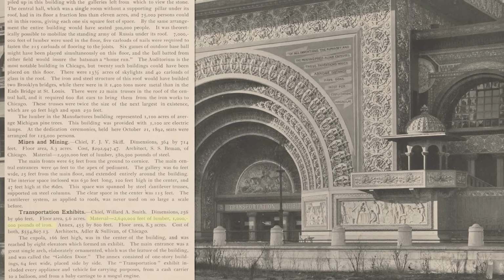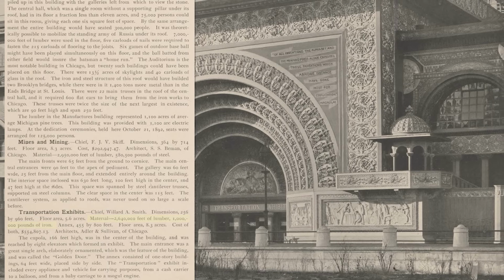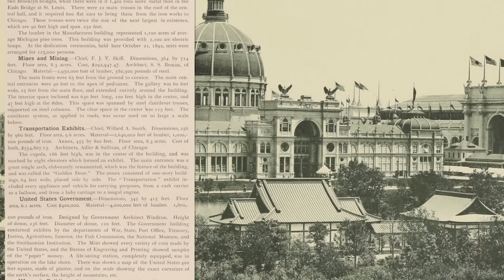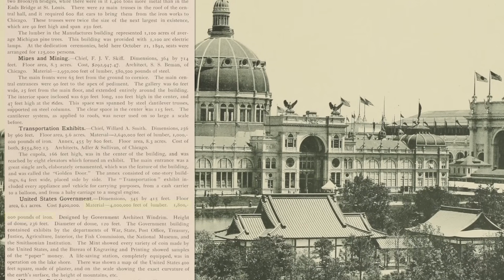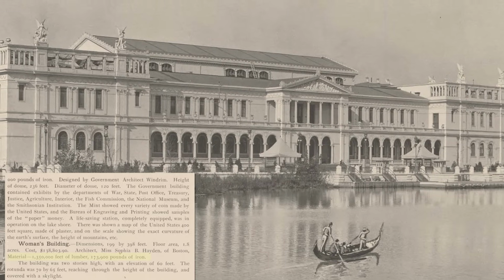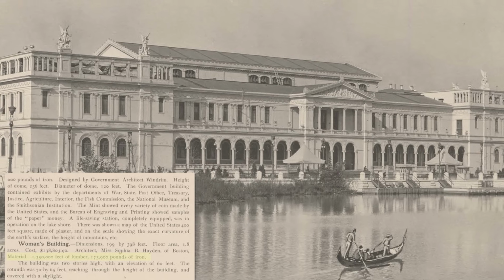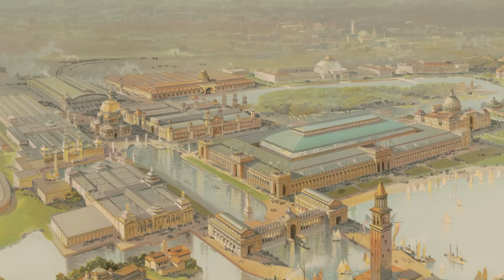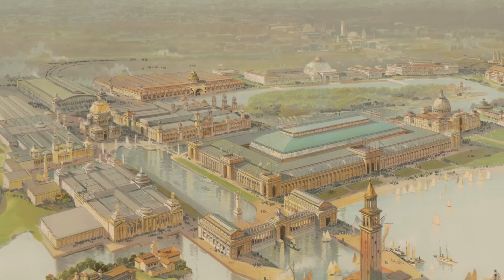The material, 2,640,000 feet of lumber with 1 million pounds of iron. Here's the United States Government Building, 4 million feet of lumber, while 1.8 million pounds of iron were used. The Women's Building. The material, 1,350,000 feet of lumber, 173,900 pounds of iron. Additionally, we have this last section under miscellaneous, and this will bleed into the next section